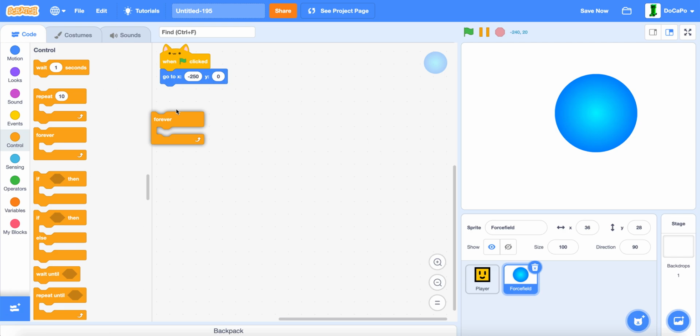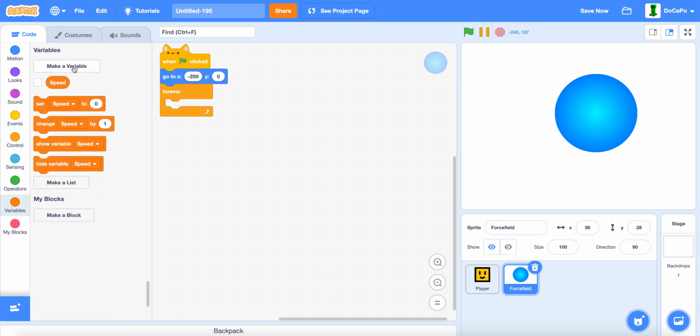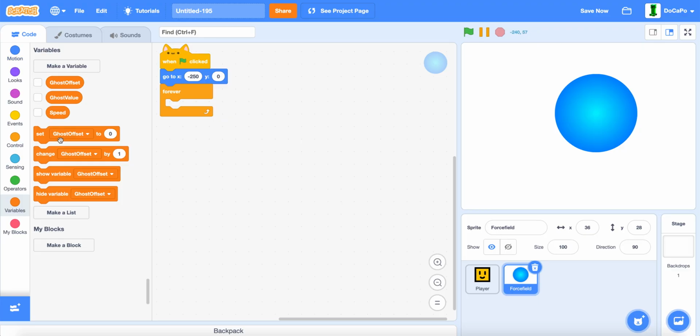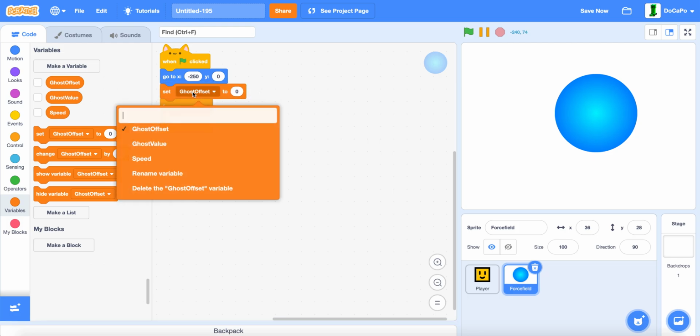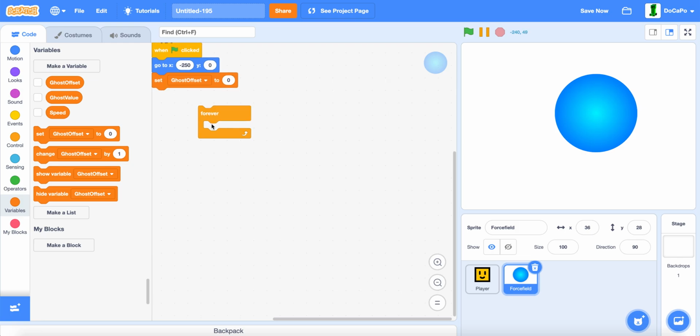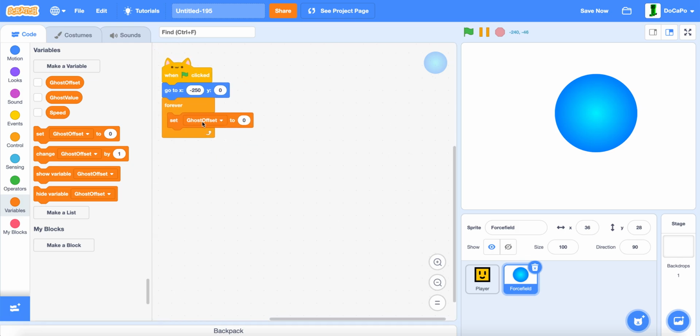Then, forever, we make a new variable named ghost value for this sprite only, and ghost offset for this sprite only. Set ghost offset, actually put it in the forever loop and change this to set ghost